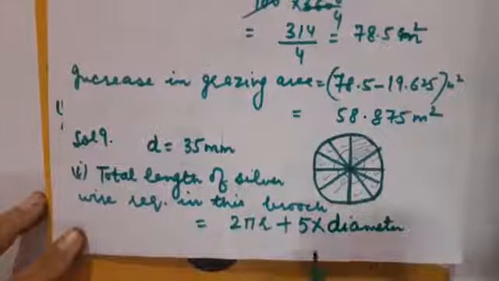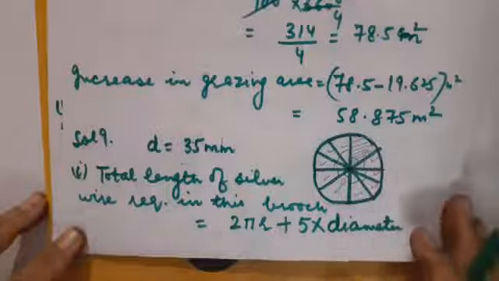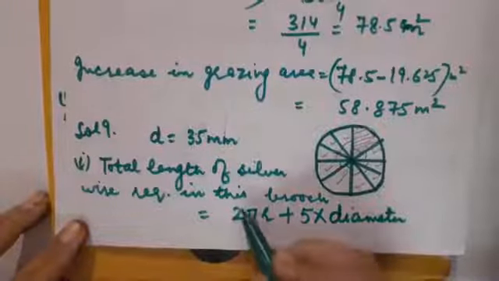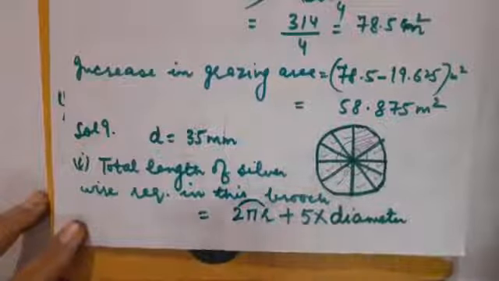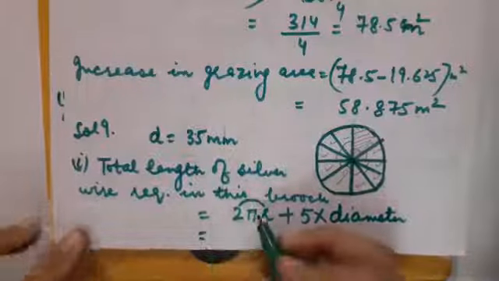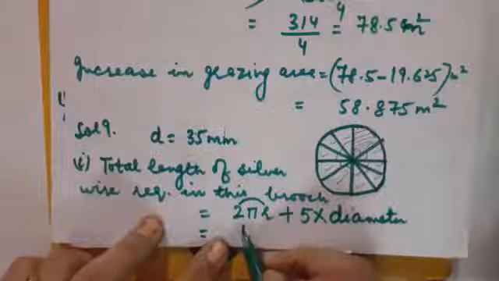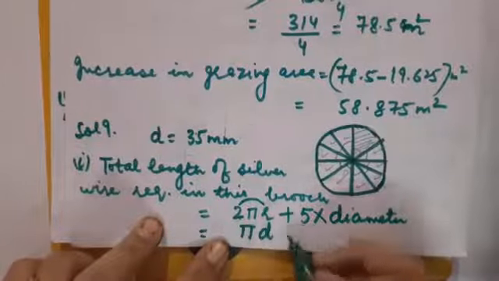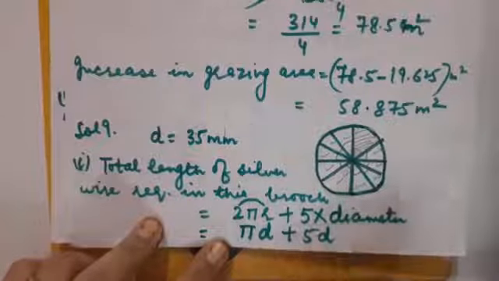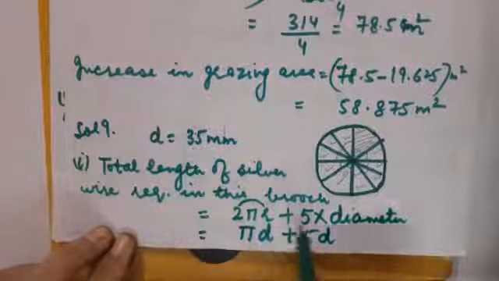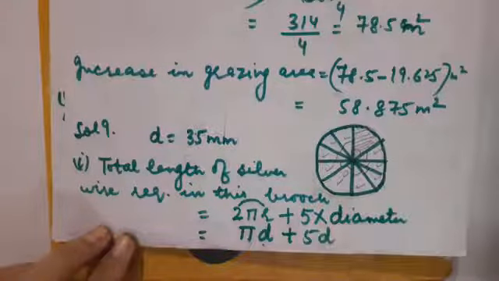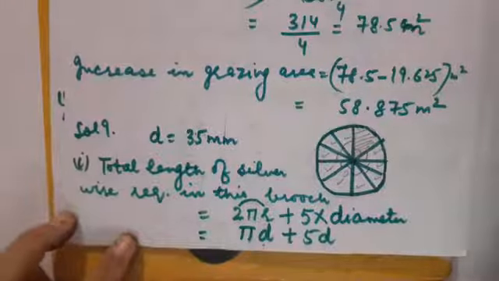Clear, children? Here also, instead of calculating, first of all you will be calculating r, then you will be putting it over here. Otherwise you know that twice of r is nothing but the diameter, twice of radius. So can I convert this formula into pi into d, because d is twice of r, plus 5d. Correct? Now I will be inserting this value of d over here as well as the value of pi if it is given to us in the question, and then we will be getting the answer.